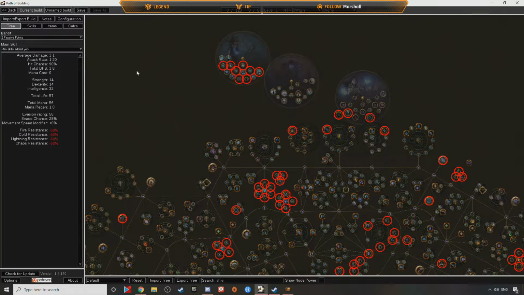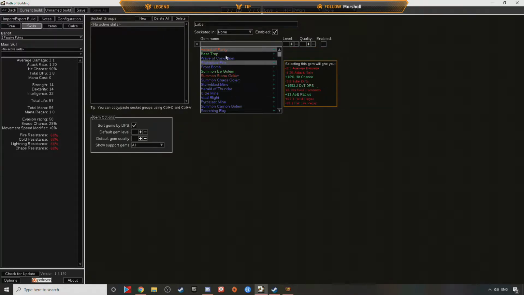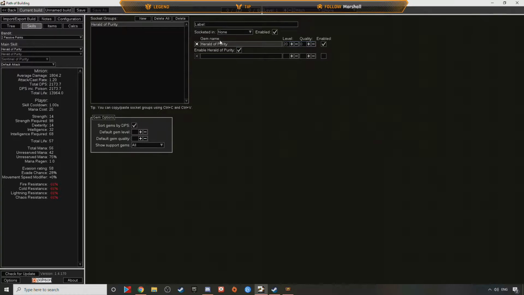So outside of that then, we can move across to skills. In here, you can look at the skills. It'll give you an idea. So if you click on one, it's a shame it doesn't give you a better tooltip. But you can click on one, and it's going to tell you what it does. I wouldn't advise this as a way to...